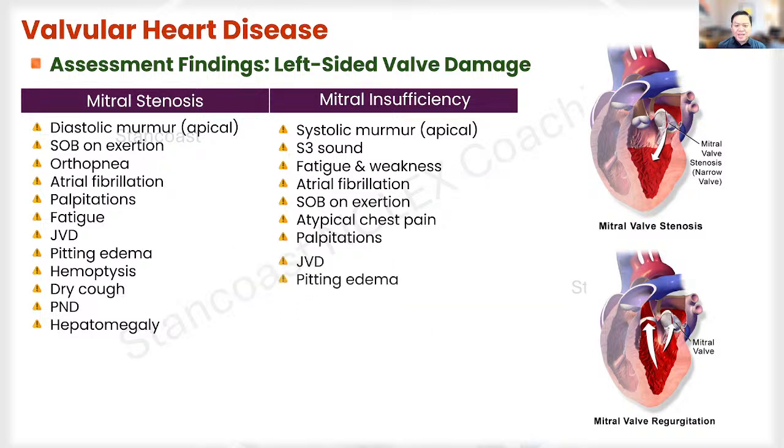And like I've said, even though the problem started in the left side of the heart, the complication has already progressed, causing increasing pressure in the pulmonary circulation. It also caused subsequent heart failure on the right side, and that is why they're going to end up with JVD and the pitting edema. Okay, so